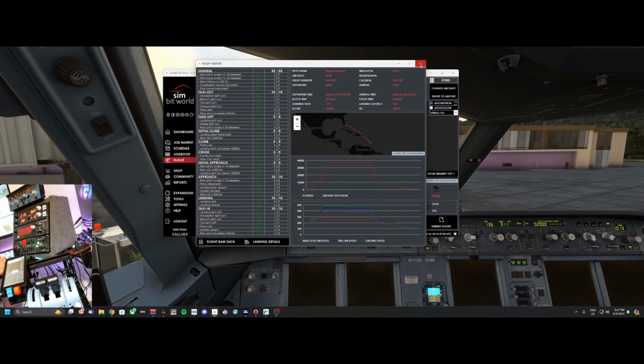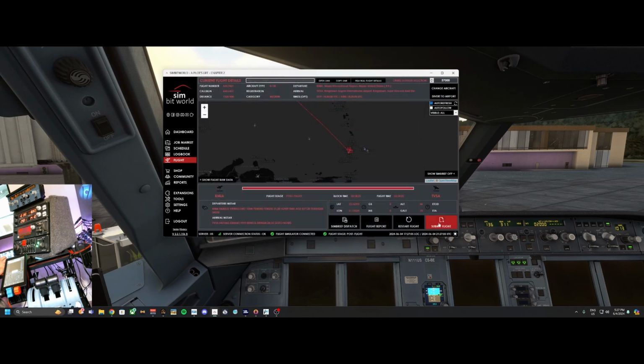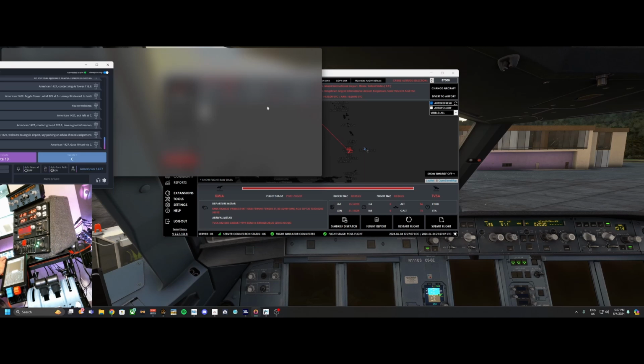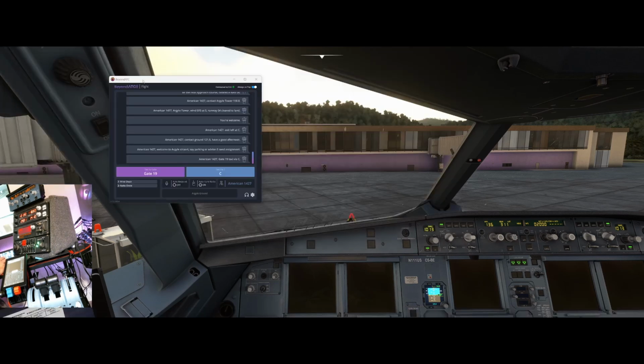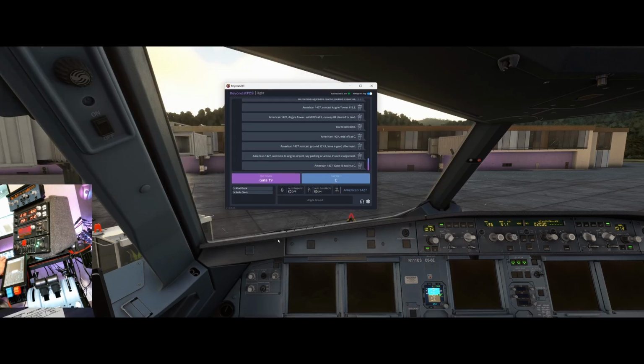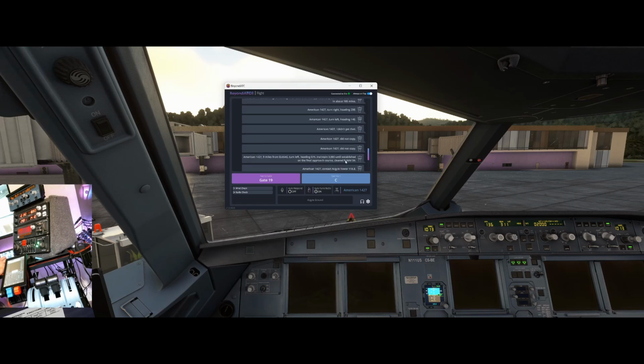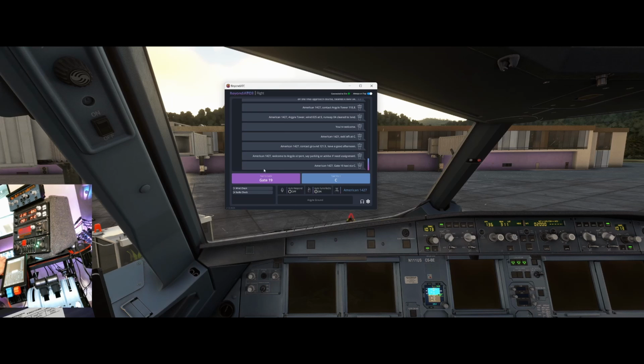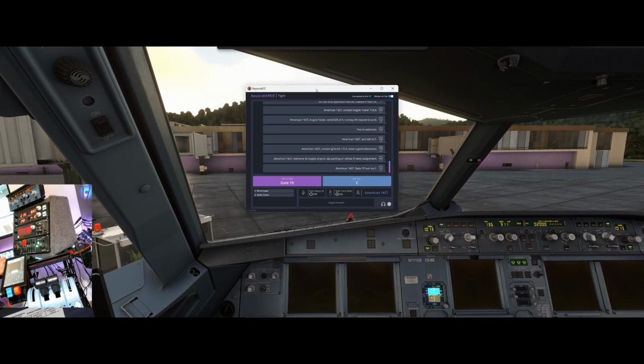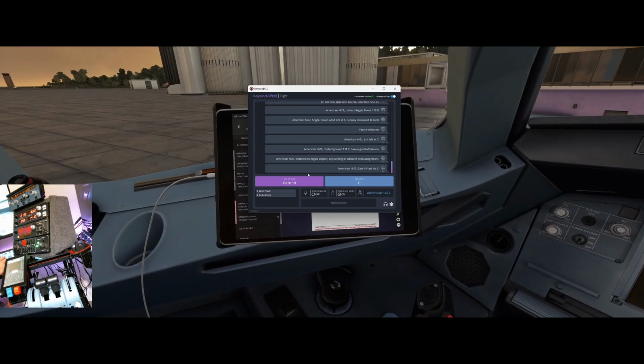One thing I can say is that, submit that before I forget. One thing I can say is, what's going on? Beyond ATC did not auto-tune me to that approach or tell me what frequency to change to or anything like that. The same thing happened in St. Martin, Princess Juliana Airport, and I guess the only way to really rectify that would be by just looking at the chart,